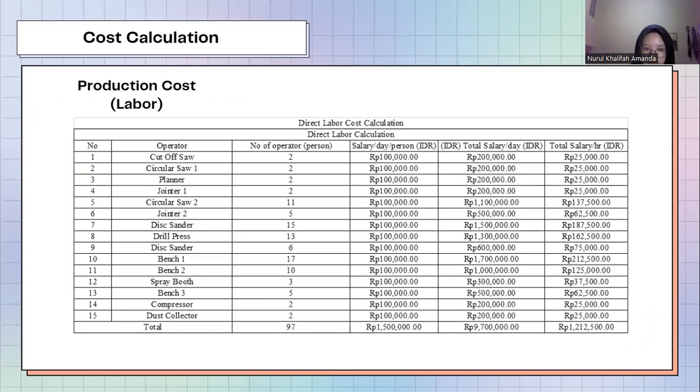Next. And this is the production cost for labor, with the total salary per hour of 1,212,500 rupiah. Next.